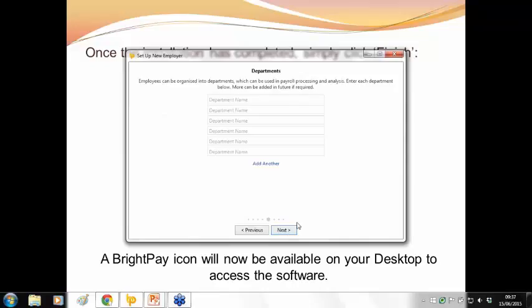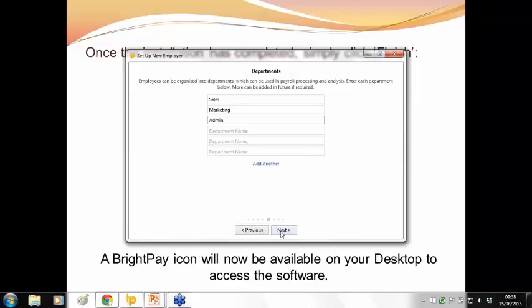BrightPay facilitates employees to be assigned to departments if required. Again, it's optional. And one of the features of BrightPay is that employees can be assigned to multiple departments if required. Those departments can then be used in each pay period. So if you've got somebody working 50% in marketing, for example, and 50% in sales in the one pay period, you can assign that weighting. And that facilitates then, if you're generating payroll reports, your departmental analysis from that. So again, if you wish to use departments, we'll just set up a couple here